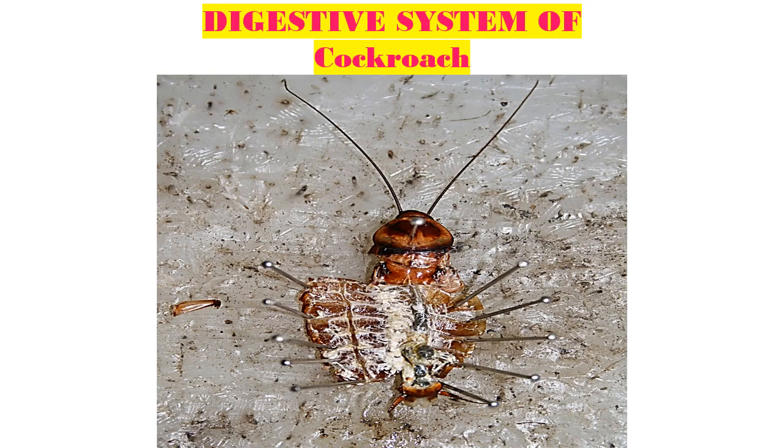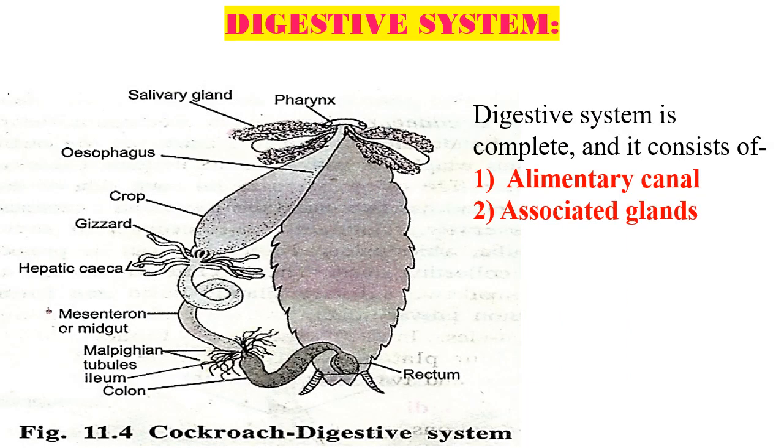Now this is the way the actual appearance of a dissected cockroach will be. After careful observation, you will be able to see all the allied parts which are there in the digestive system and associated glands. So friends, let's move on to the first component, and it is nothing but the digestive system, which